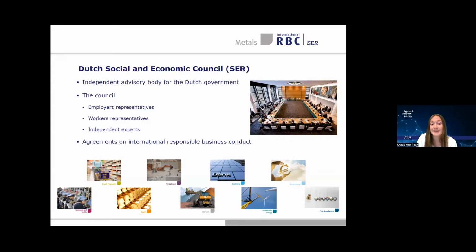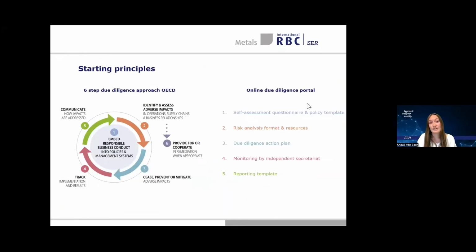But for today, we dive into the due diligence tool of the Metals Agreement. So my colleagues and I from the SER also form the independent secretariat of this agreement. And before I start the digital tour in the web tool, I would briefly like to introduce some basic principles where the tool is built upon.